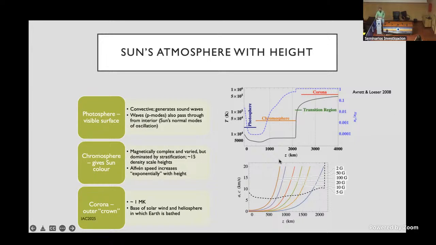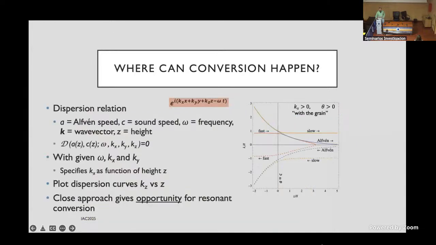And this is the important thing. At some height, the Alfvén speed and the sound speed will equal each other. That's what I call the equipartition height. And then as you go higher, the Alfvén speed dominates. That's crucial. Now, as I said,